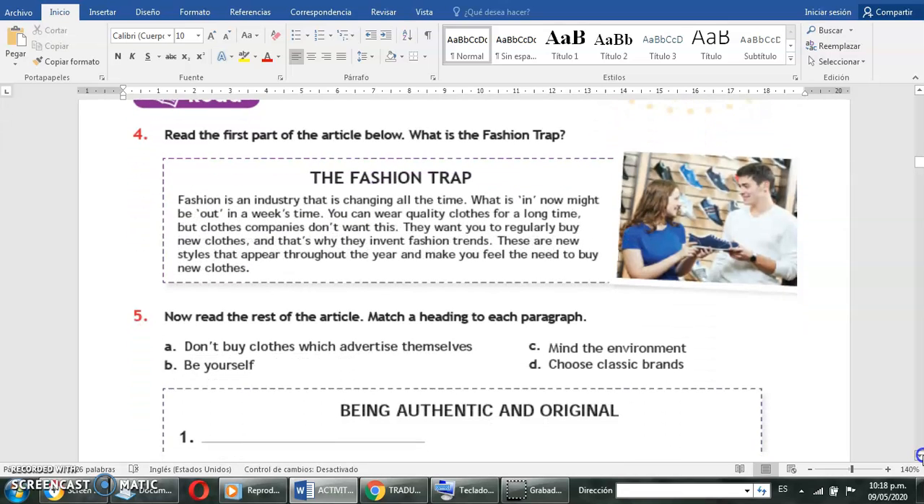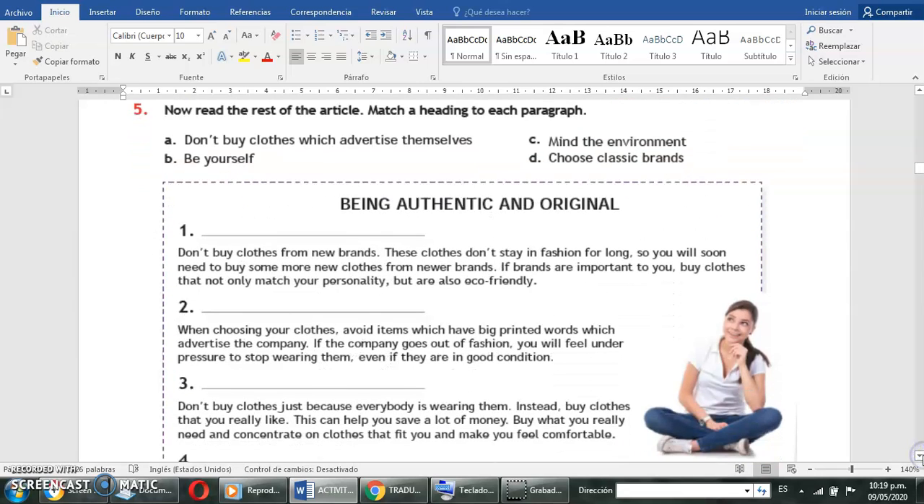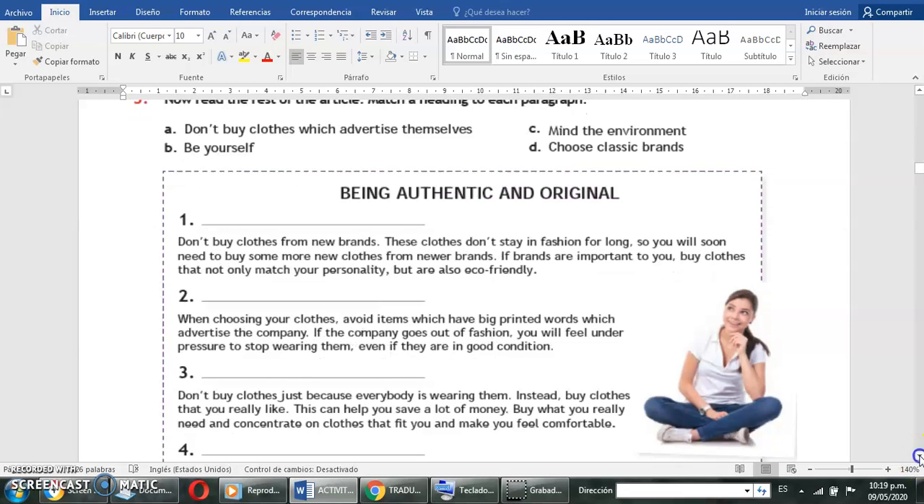You have to read about fashion trends, and then you have to match the headings A, B, C, D with paragraphs 1, 2, 3, 4. You have to read this paragraph, and according to the information you have to decide the heading. In this line you have to write, for example, mind the environment or choose classic brands. According to this information you are going to write here a heading. Okay,